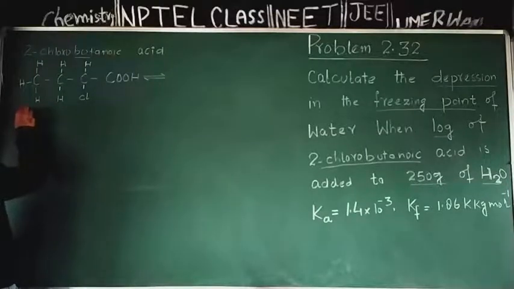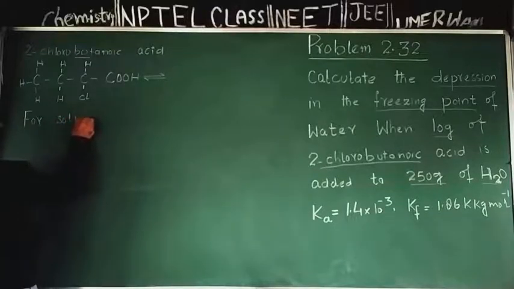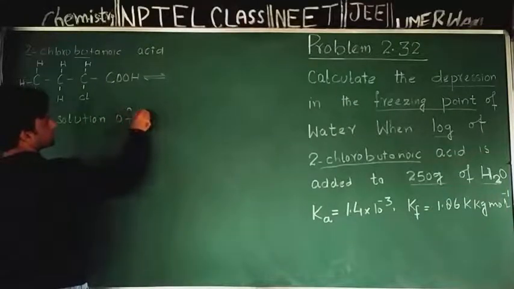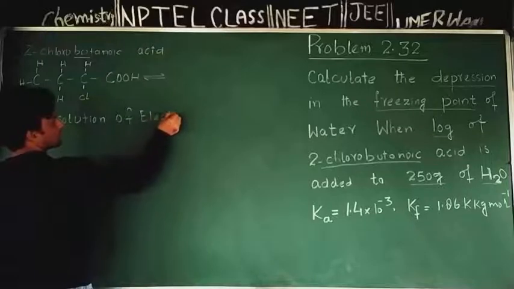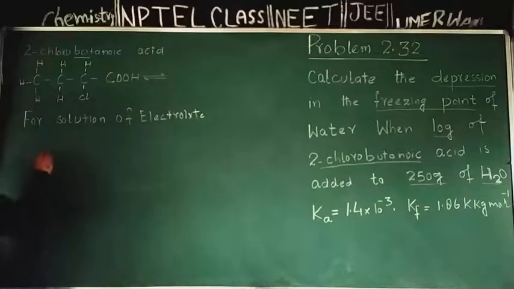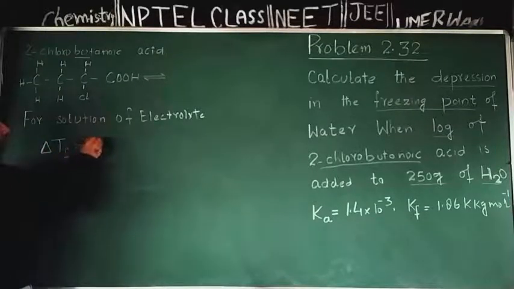So for us the solute is an electrolyte, and for solution of electrolyte, depression in freezing point is determined by formula or equation delta TF is equal to I into KF into M. This is the expression or equation for depression in freezing point of solution